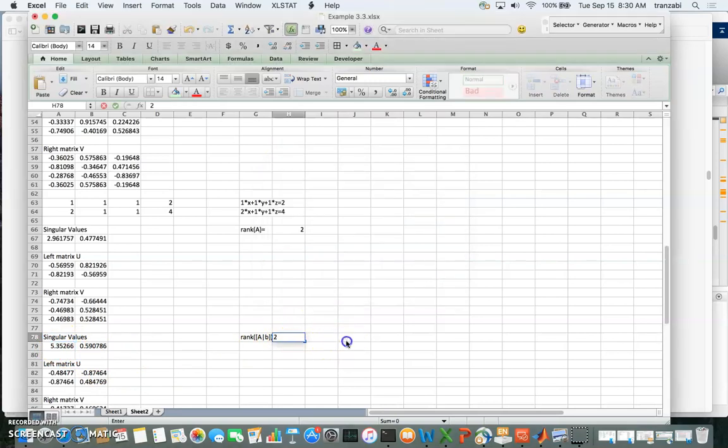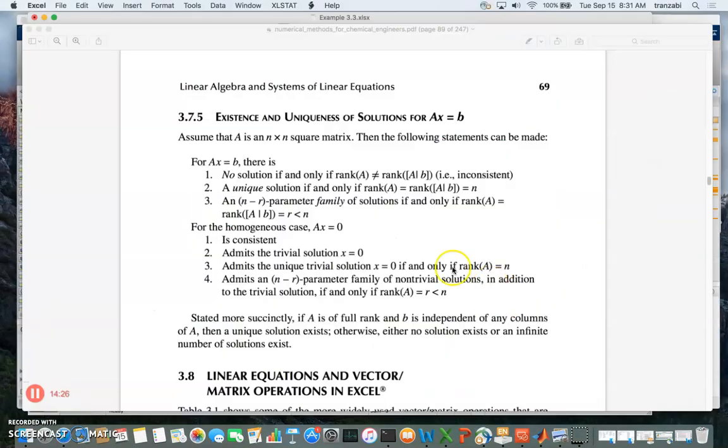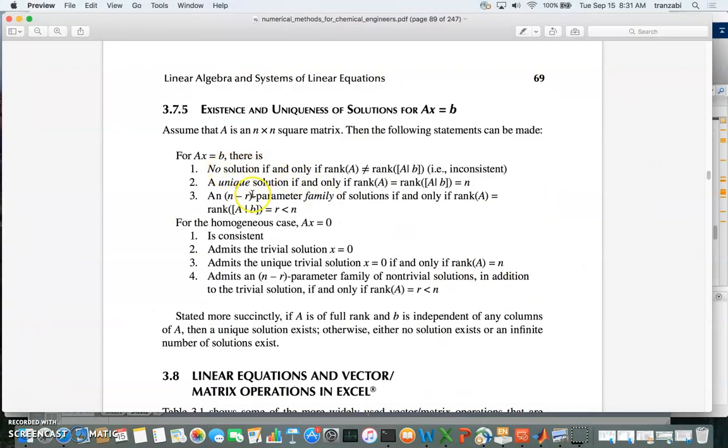So this is 2. And you see that rank of A is equal to rank of A augmented with B, but both are less than 3. Sorry, I have 3 unknowns. And so 2 is less than 3. That means there is an infinite number of solutions. Okay? All right, so now you know how you can determine whether there's a unique solution, no solution, or infinite